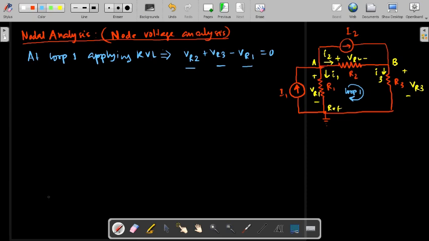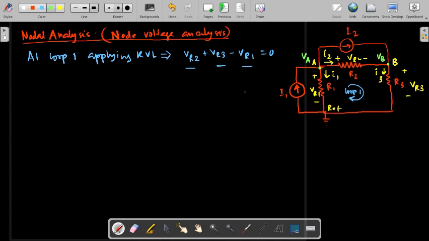Now you see that once we mention the non-reference node and put the node voltages, suppose at this node A the voltage is VA, and at this node B the voltage is VB. Okay, so now if I consider the node voltages VA and VB, then what will happen is that